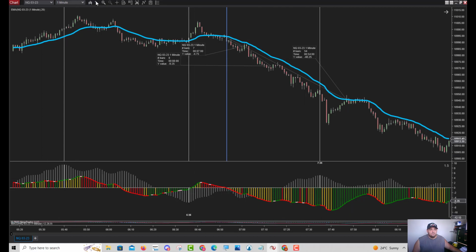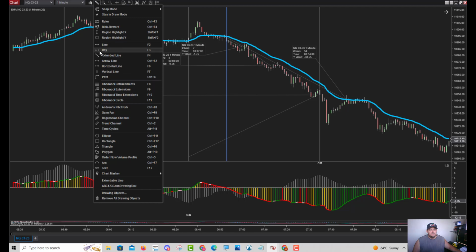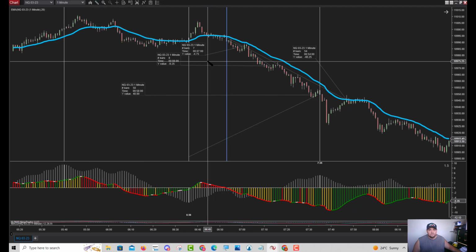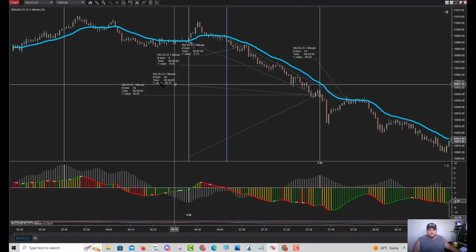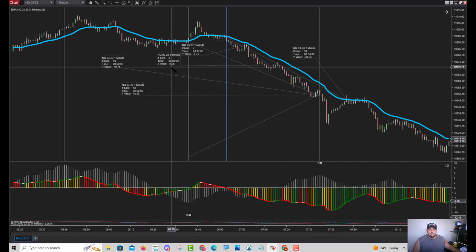So, for example, even though it was inverted, we went from 6:36 to 7:35. That was the move at 40. Well, it's not 48 points, but let's do it properly. Over here, from 6:38 to 7:35, 40 points.